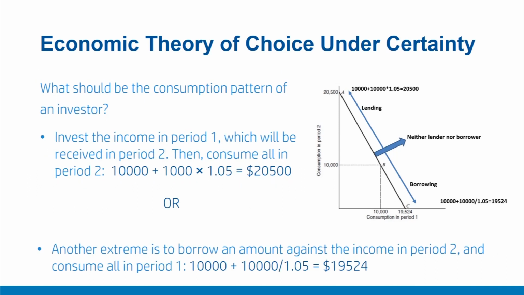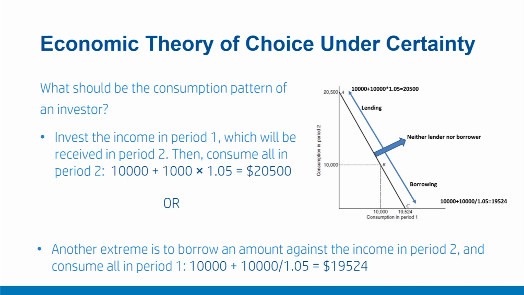If he saves all the income, that is, invests at 5% in period 1 and consumes everything in period 2, then the amount he invests in period 1 will become rupees 10,500 including interest in period 2. Adding this to the second period income, the total amount he can consume becomes rupees 20,500 as shown here in